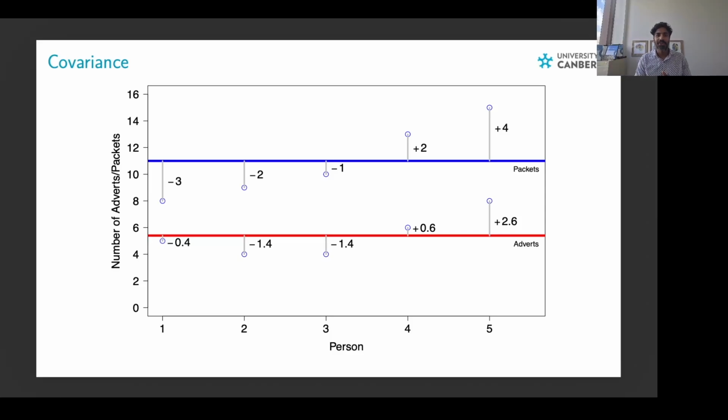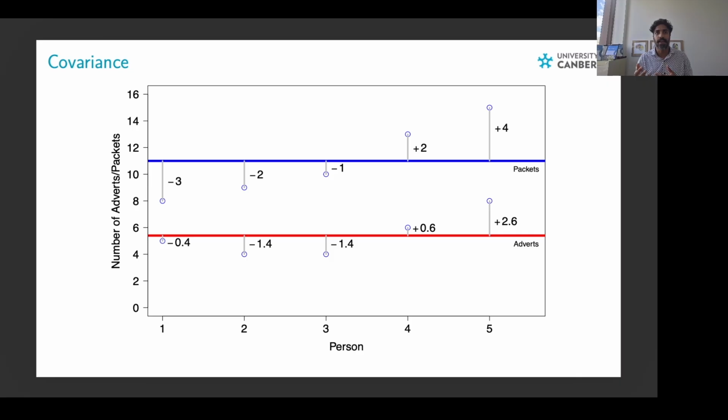Welcome back. Let's talk all about covariance. So, hopefully, the example at the start of the lecture is connecting in terms of variance, because this is that concept applied across two measures, right? So, covariance is really, well, if we look here at this example, which is the number of adverts that a